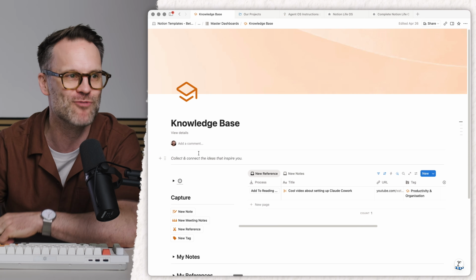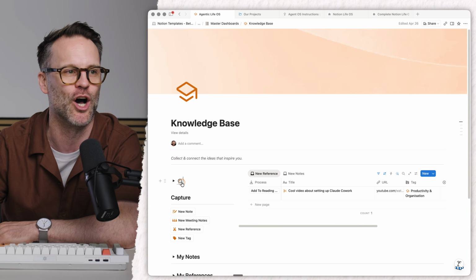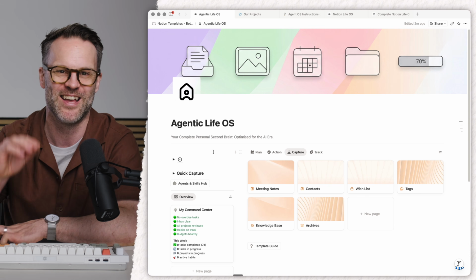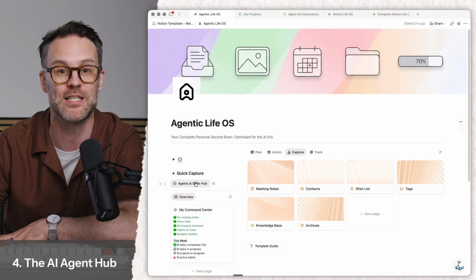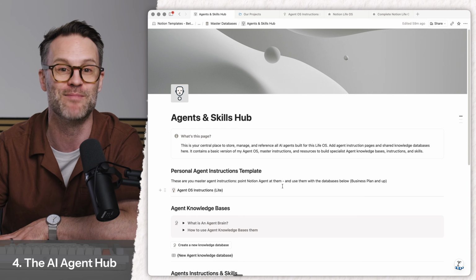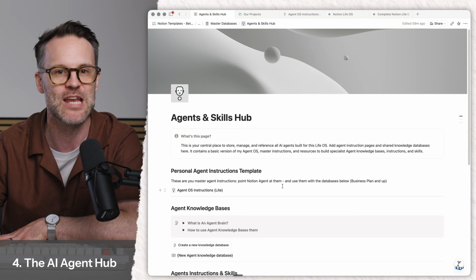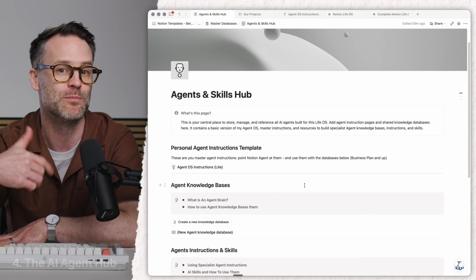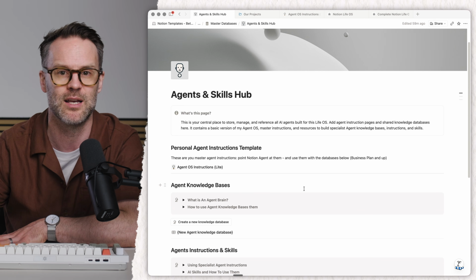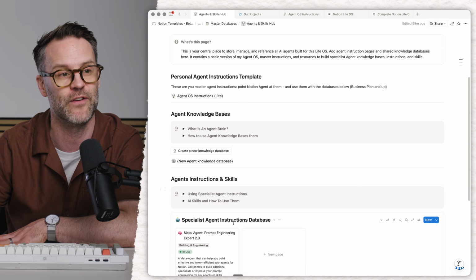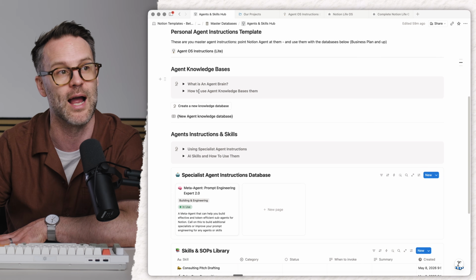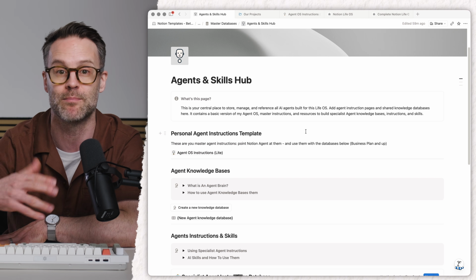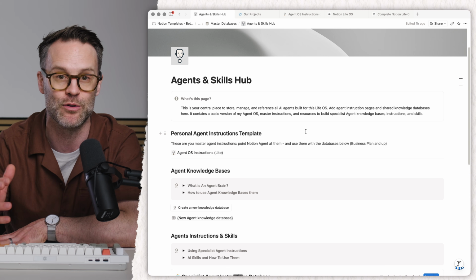Okay, now we really need to talk about the AI adaptations we've made for this agentic Life OS. The AI Agent Hub. This is probably the change I'm most excited about. We've added an agent hub for storing agent instructions. Not only agent instructions, but a skills database and knowledge bases that are specifically designed for agents to read. It's the perfect place to plug in something like my Agent OS template and take your setup to the next